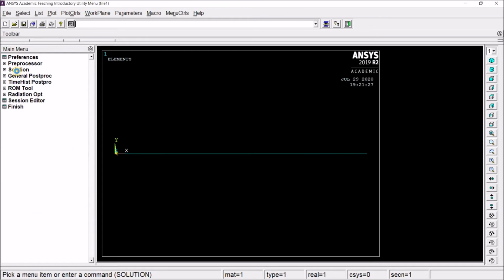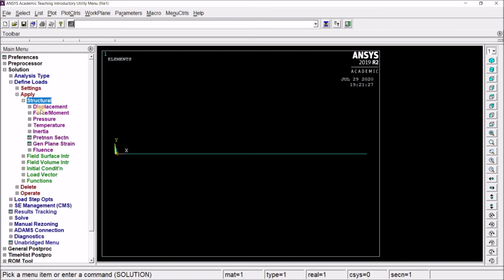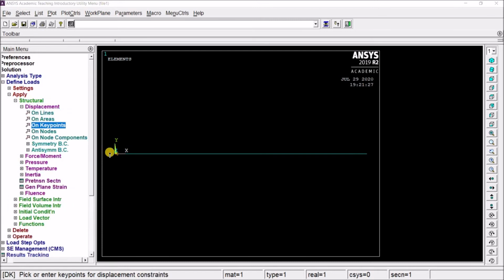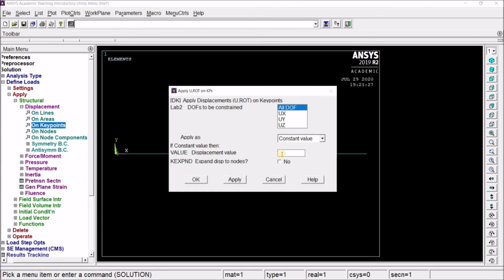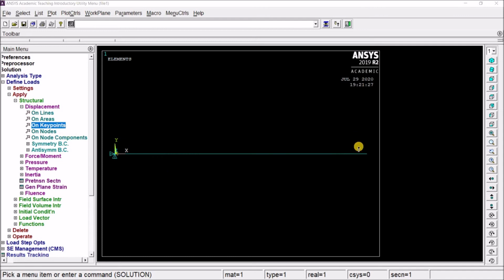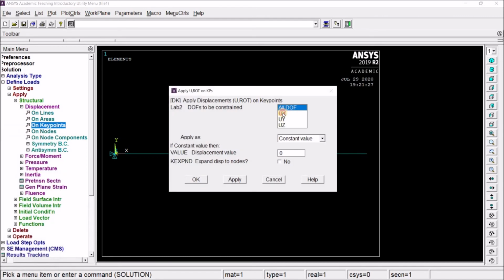Now apply the constraints. Again go to solution, define loads, structural, displacement, on key points, select key point number 1 and give OK. All degrees of freedom must be fixed. So give 0. Okay. Next, key point number 2, we must fix only the movement along x direction.